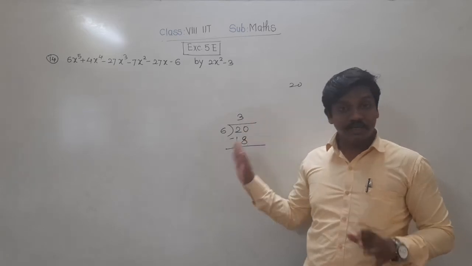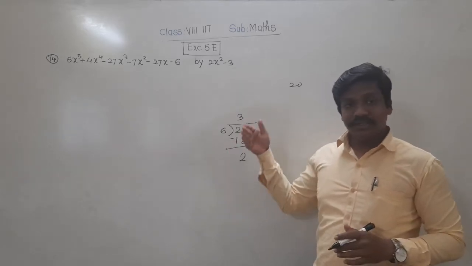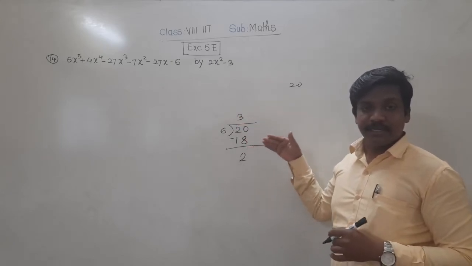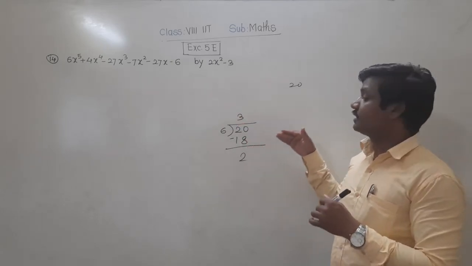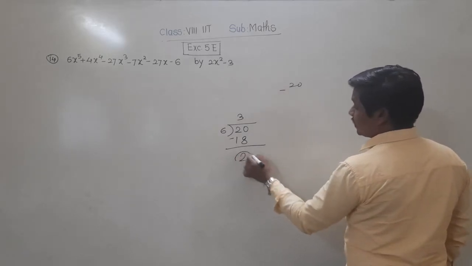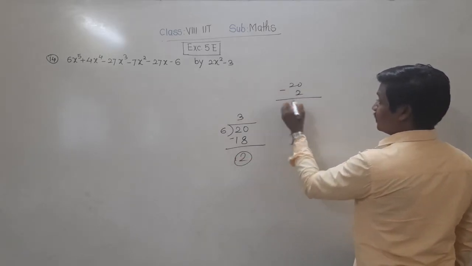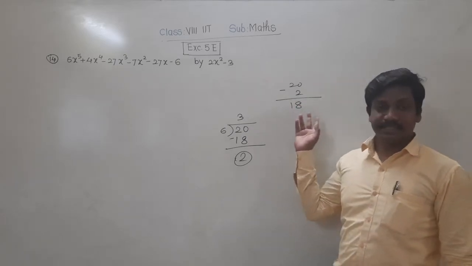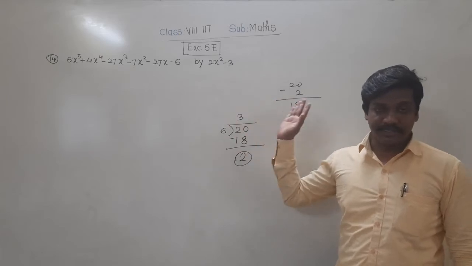Now you know 20 is not divisible by 6. Okay? The smaller number which is divisible by 6 is 18. Correct? So here that 18, what we need to subtract? We need to subtract the remainder from 20, so that we will get 18, and this 18, that is the resulting number, will be divisible by 6.